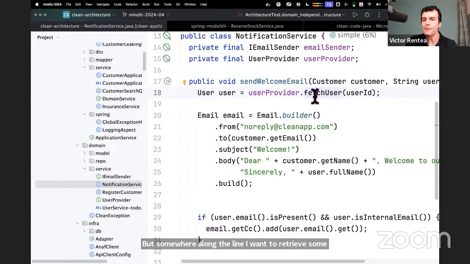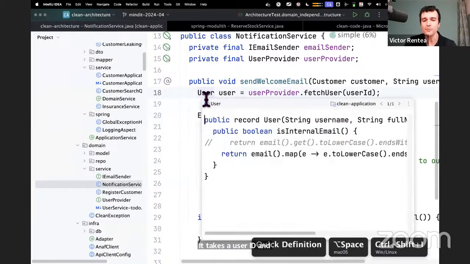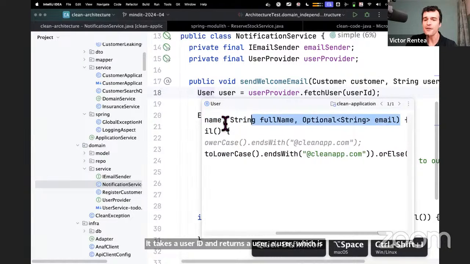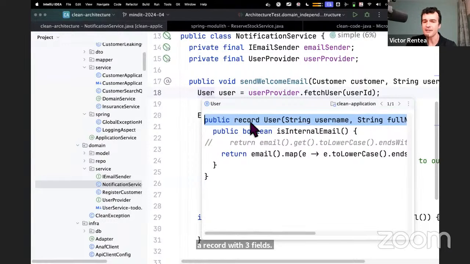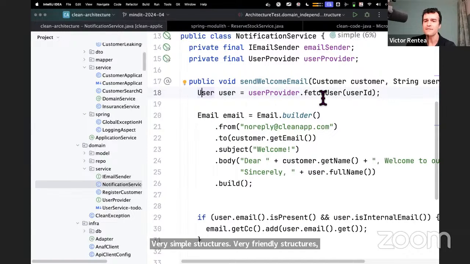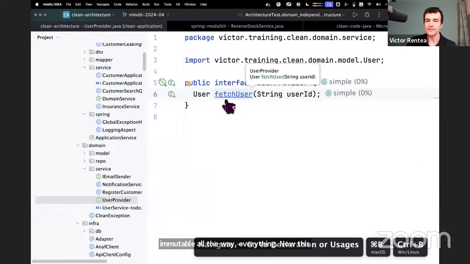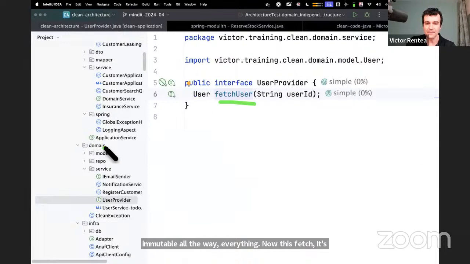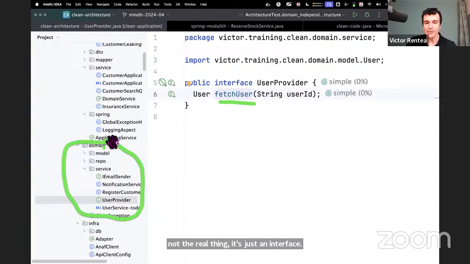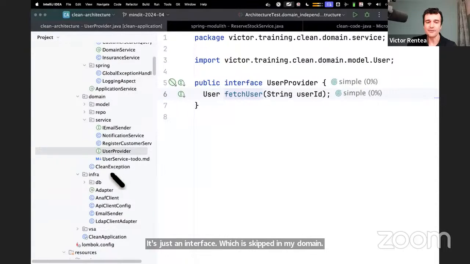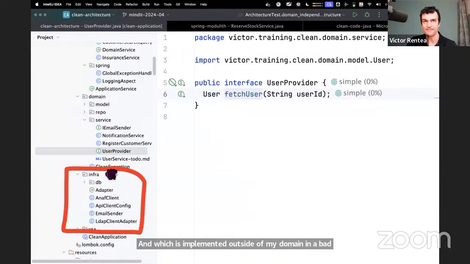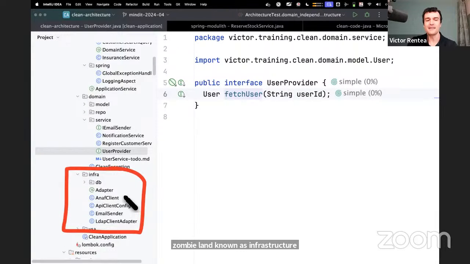And please notice how beautiful an API I engineered myself. Fetch user takes a user ID and returns a user, which is a record with 3 fields. Very simple structures, very friendly structures, immutable all the way, everything cool. Now, this fetch user is not a real thing. It's just an interface which is kept in my domain and which is implemented outside of my domain in a bad zombie land known as infrastructure,